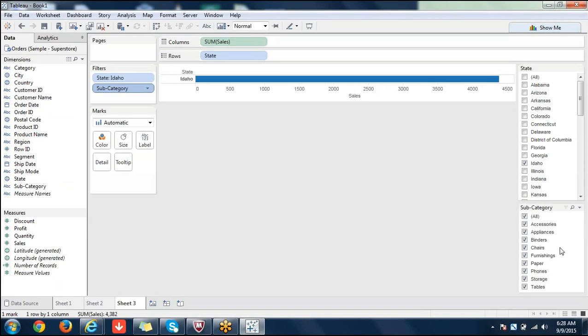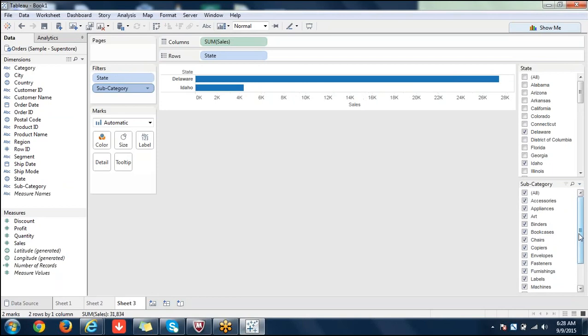For Idaho, there are fewer subcategories. Observe that nine subcategories are there, and when I select Delaware, you see more subcategories here.